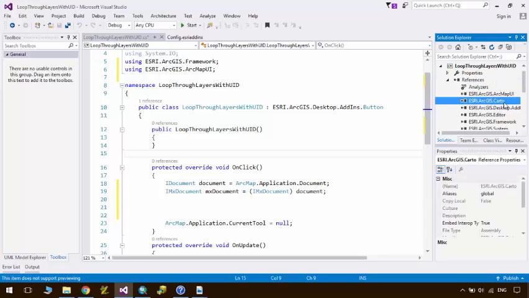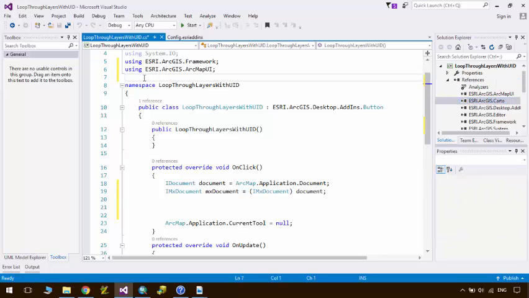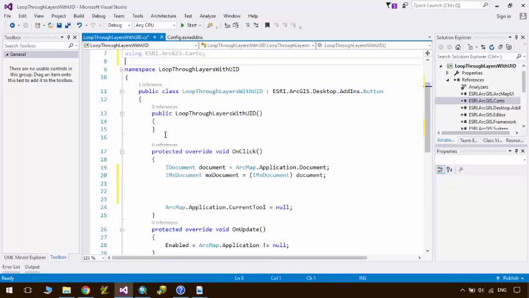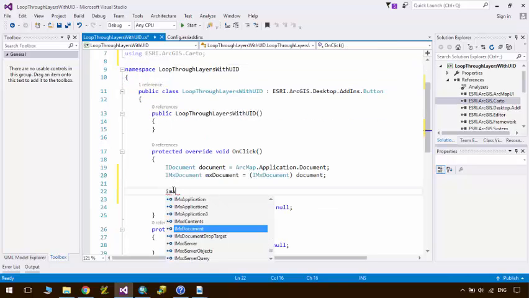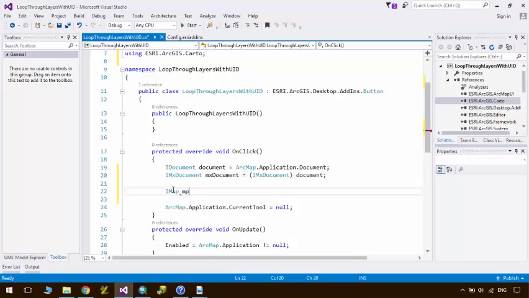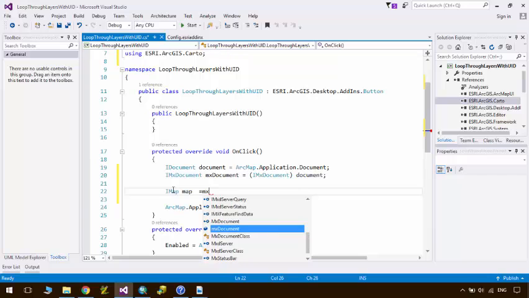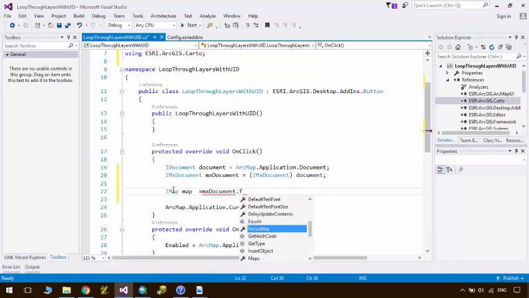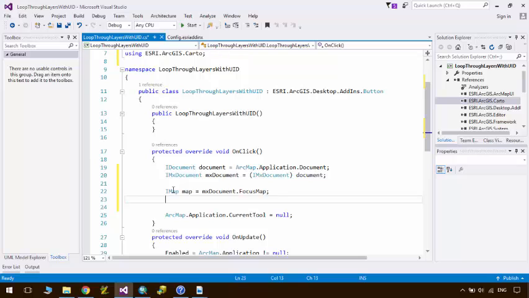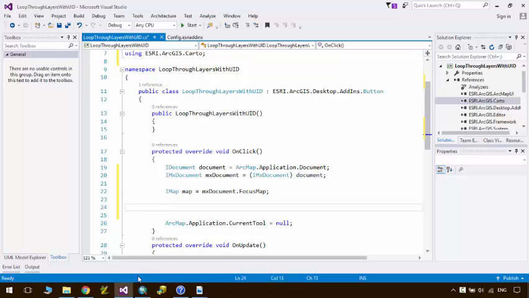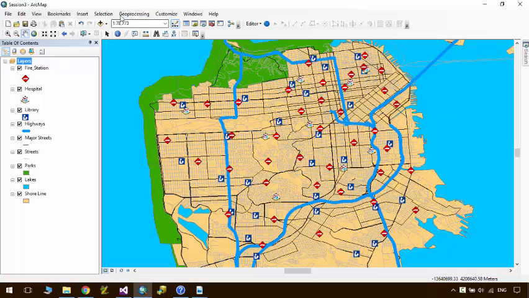Here is ESRI.ArcGIS.Carto, and we just need to use it with using ESRI.ArcGIS.Carto. Now we have IMap. Here is IMap and Map, MXDocument, and then focus map. Okay, we read the map document,